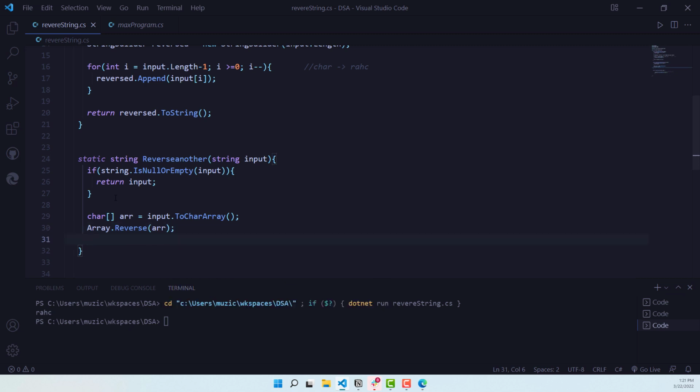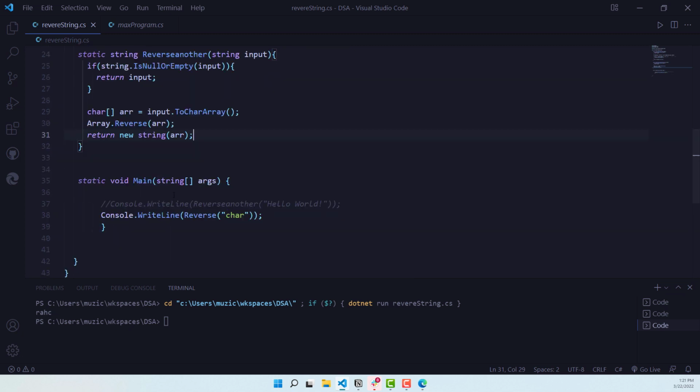Like before, we need to convert the array to a string because we want to return a string, right? So we'll do a new string, and then that would be passing R, right? Now let's test this out, the same way as before. I'm going to copy this test case,